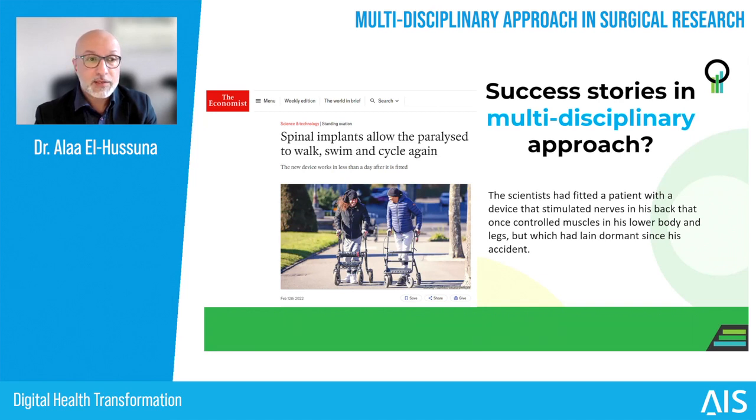What happened later on is that the patient could walk and swim and cycle again. This is really a big step, a great innovation breakthrough, and it comes from the teamwork of different scientists with different professional backgrounds. And it's a recent example, as you can see, from 2022.